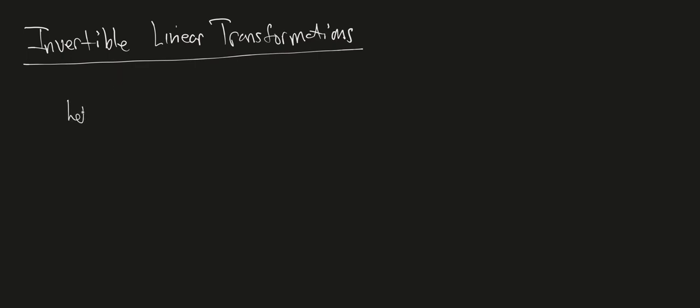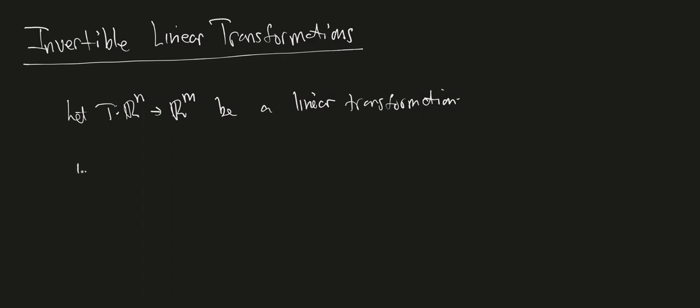So let T from Rn to Rm be a linear transformation. All right. First definition, T is said to be one-to-one or injective